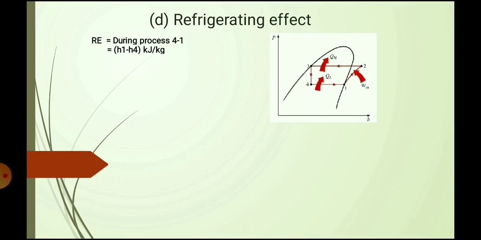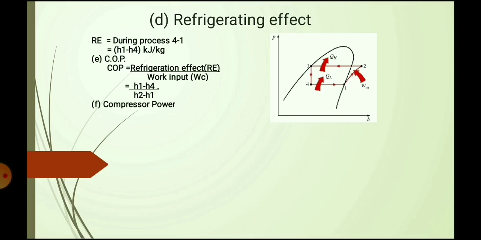This is the refrigeration effect only for the 1 kg of mass. That is why the unit is kilojoule per kg. Next one is the COP of the system. We all know COP of this refrigeration is equal to refrigeration effect divided by work input. Refrigeration effect is produced during the process of 4 and 1, and work input, that is the compression work, happens during process 1 and 2. Clear? Therefore, we have refrigeration effect, that is H1 minus H4, divided by work input, that is H2 minus H1. It will give the COP of the ideal VCRS.